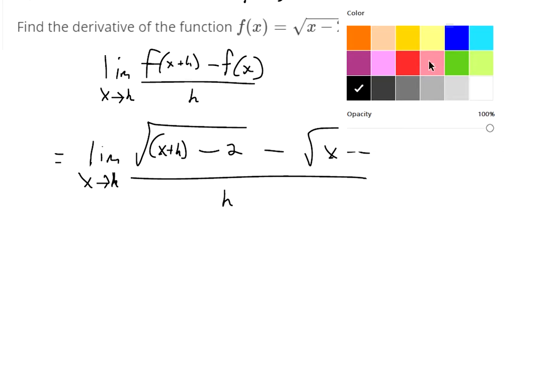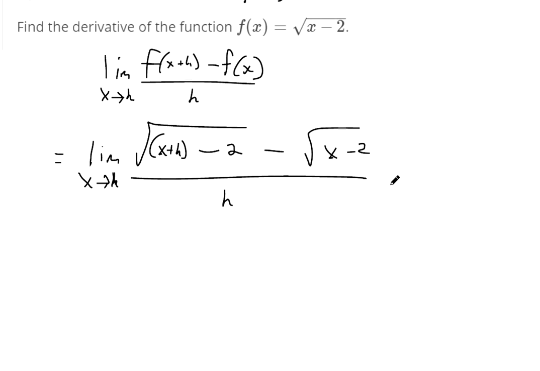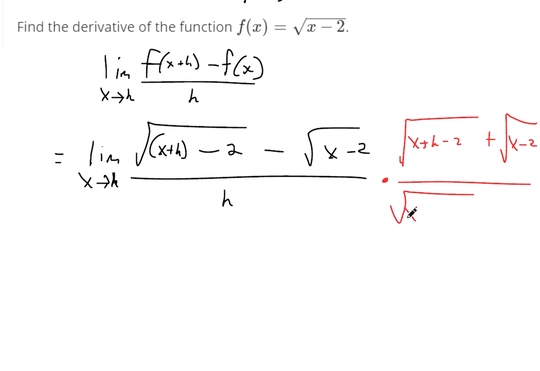Well, when I'm in doubt, I always multiply by the conjugate. It could be messy, but it could help. So this is x plus h minus 2 plus the square root of x minus 2. So I've got the same thing, just with a different sign in the center. That might make the denominator start looking complicated, but